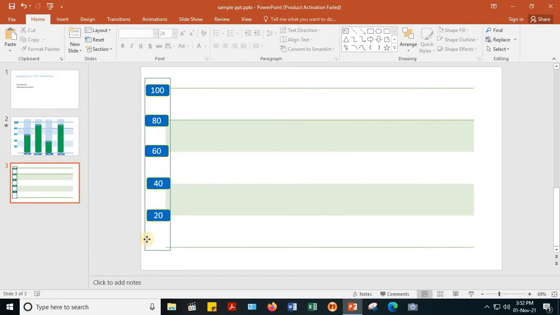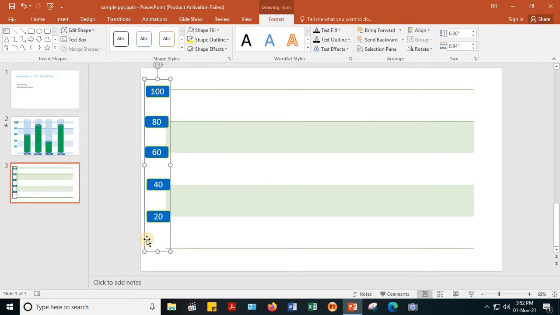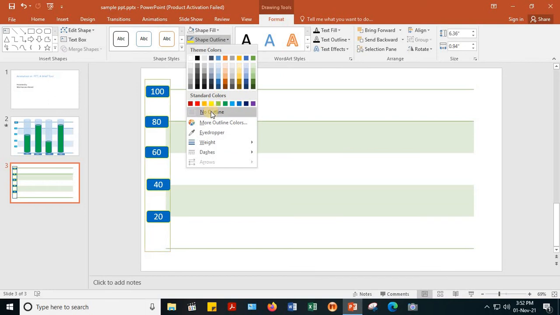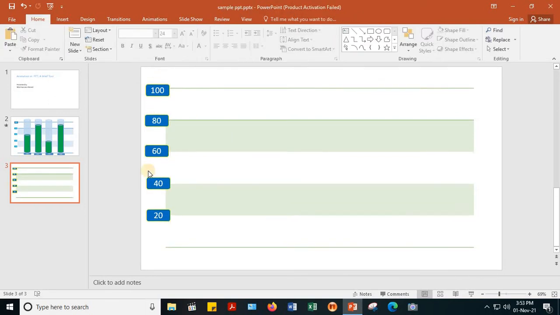So I will click this. Now you can see there is a shape outline of this figure, so it will look like another figure. I can remove that also by going to shape outline and making no outline. Now you can see there is nothing.